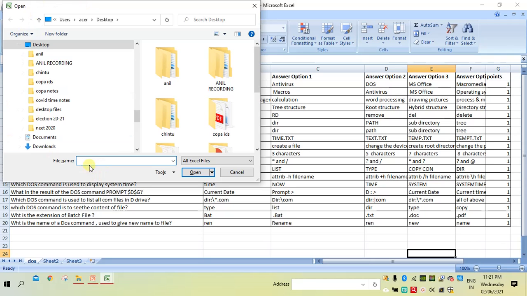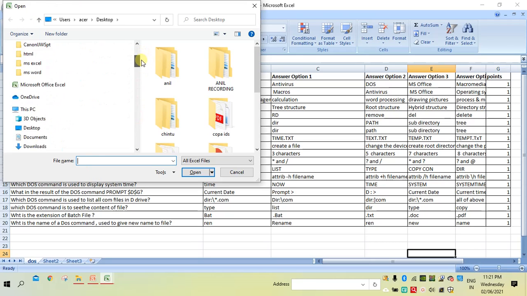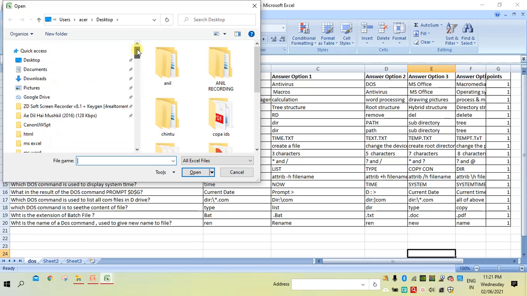Now you can open by selecting the area. The file may be on the desktop, in the documents, or in any folder. You select that, specify the file name, and then say open. This way we can open a file from any part of a computer.